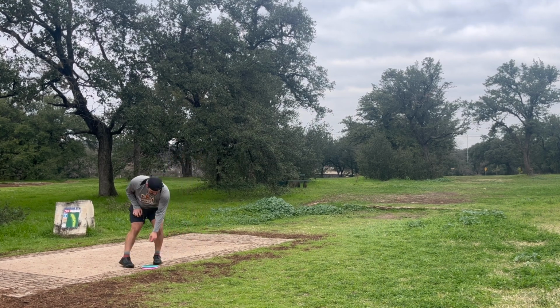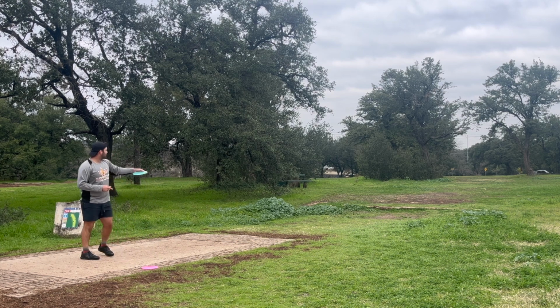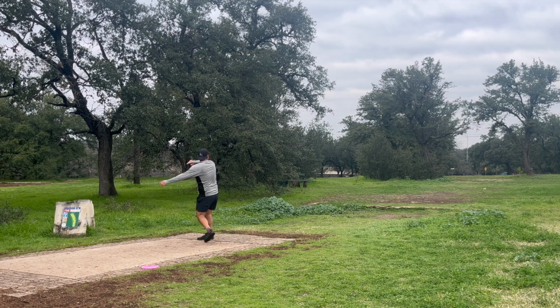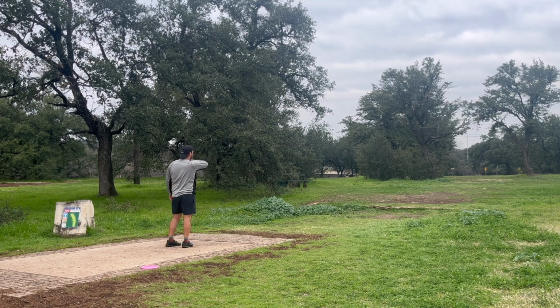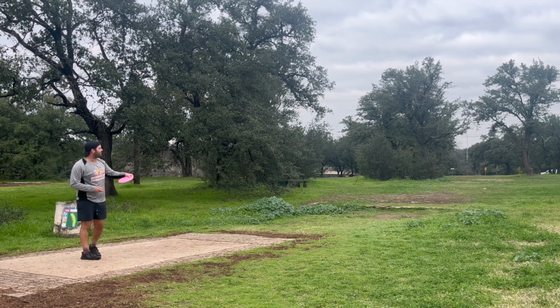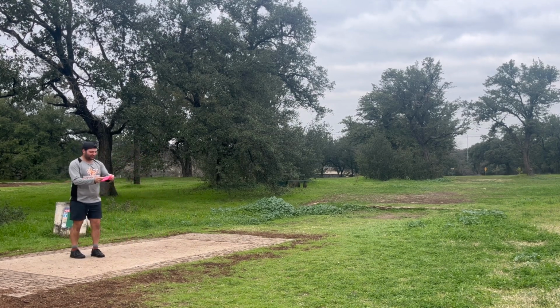A little inside and a little too much cut, but that is past the Brave. That's much better, but that's going to hit the tree. Still solid and still an easy par. But now, lastly, for the Essence,